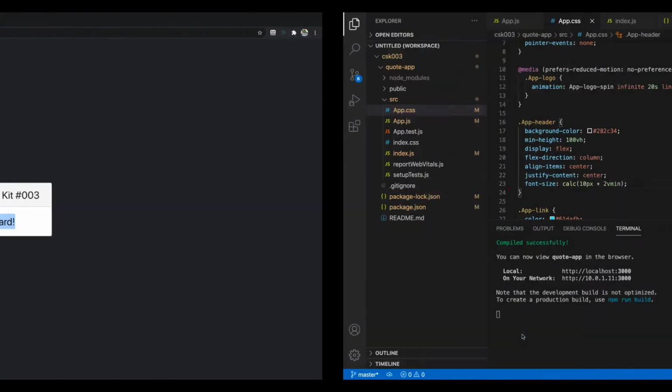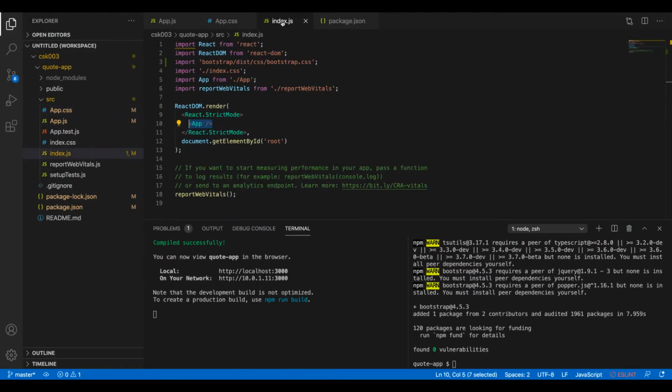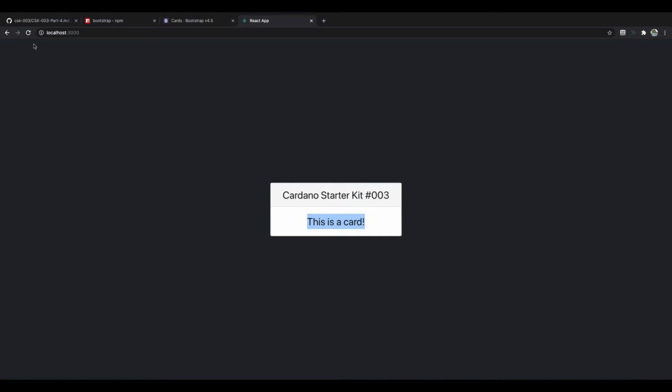Just so you can see what happens, let's go back to index for just a moment, and temporarily we could either delete this line, but if you use a double slash, this is called commenting, right? You can see these lines down here are comments. This doesn't get compiled as code. So if I save this file now, it's as if we just deleted this line. And now if I go back to my app and I refresh, you see none of that card styling is here